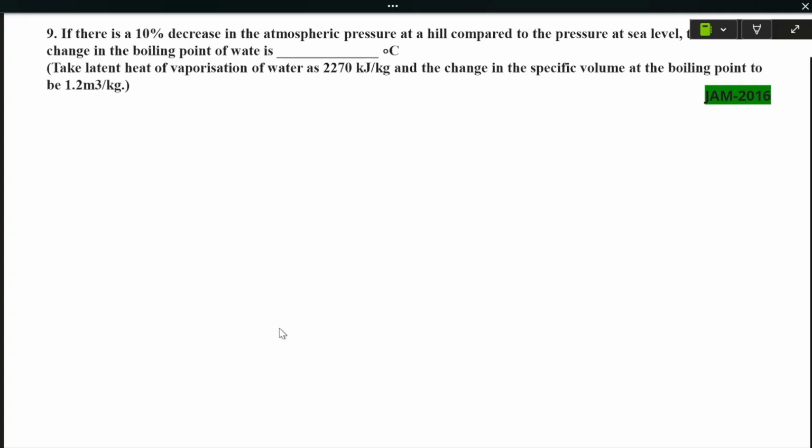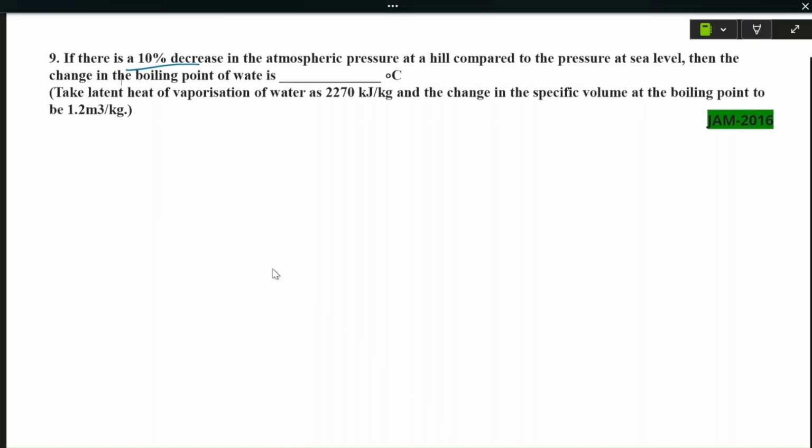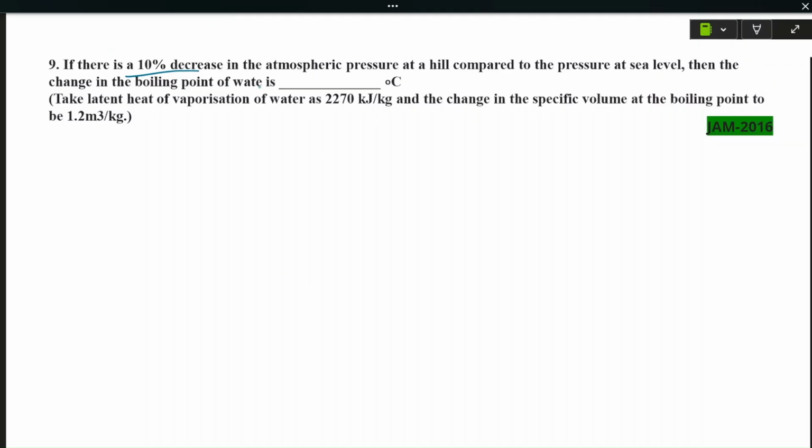Okay. So now in this question, given that there is a 10% decrease in the atmospheric pressure at the hill compared to the pressure at sea level, then the change in the boiling point of water is? हमें ये कैलकुलेट करना है कि अगर कोई पर्सन सी लेवल की बजाय किसी हिल पर गया और हिल पर उसके प्रेशर में 10% डिक्रीमेंट आ गया, तो ऑब्वियस है वाटर के बॉइलिंग पॉइंट में कुछ ना कुछ चेंज होगा, वो हमें कैलकुलेट करना है।